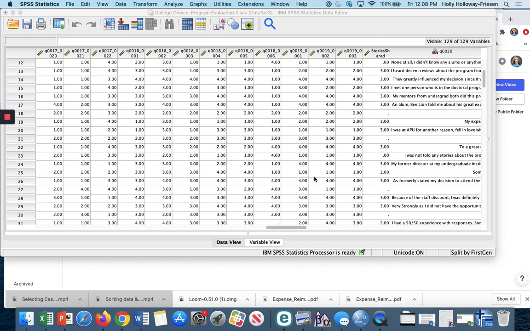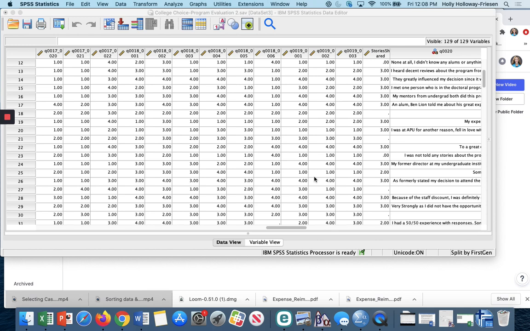Sometimes you have a data set where you have an independent variable that can be broken into two categories. It's a dichotomous variable. As an example, gender, male, female. You might have low income versus high income. Well, in this case, I'm looking at first generation students compared to later generation students, and I want to compare